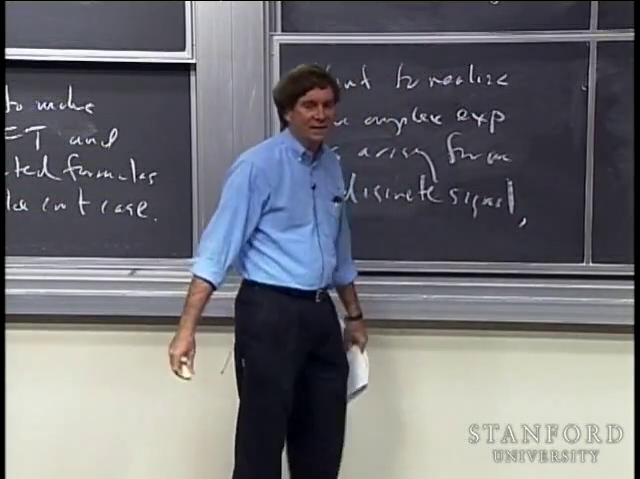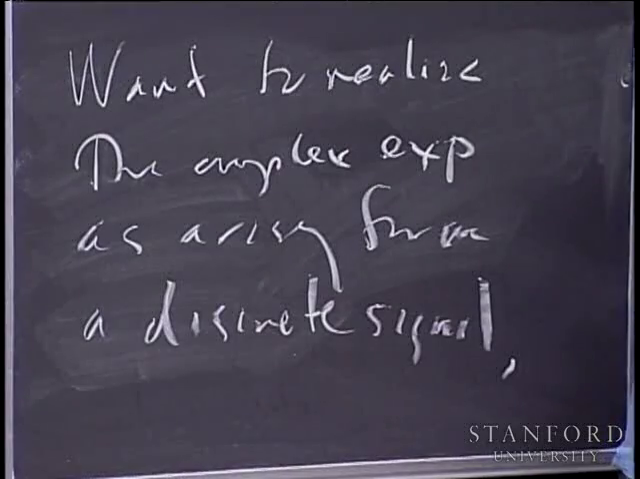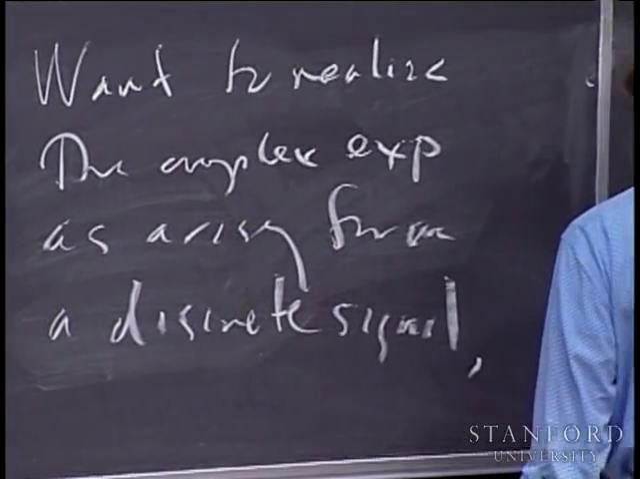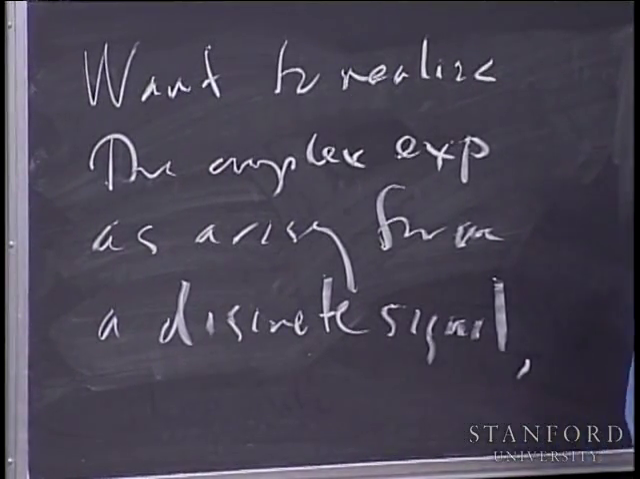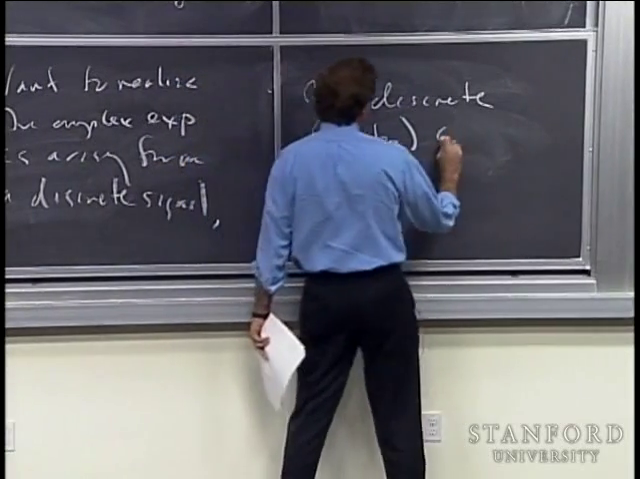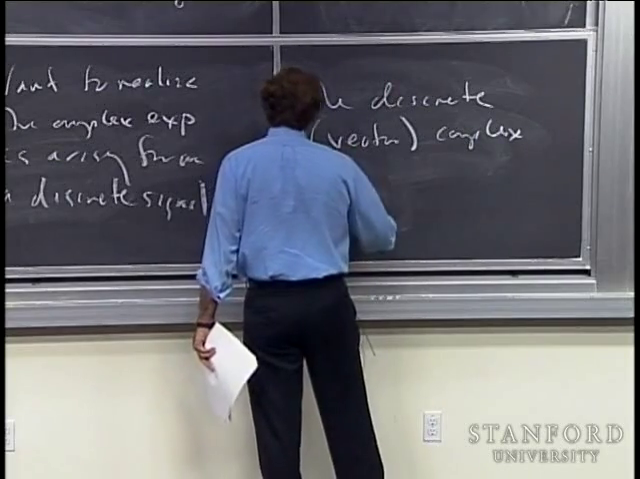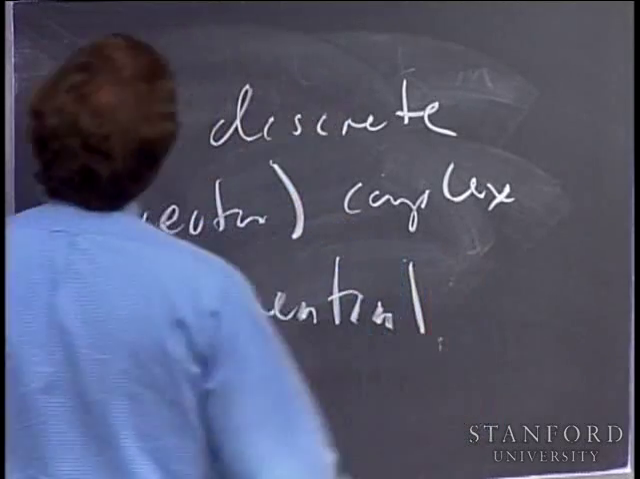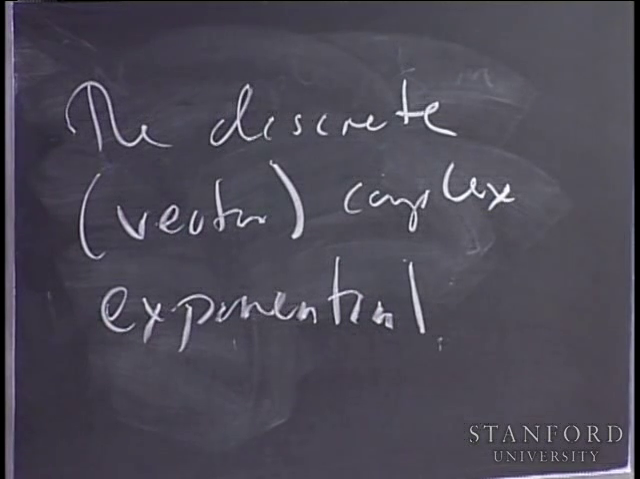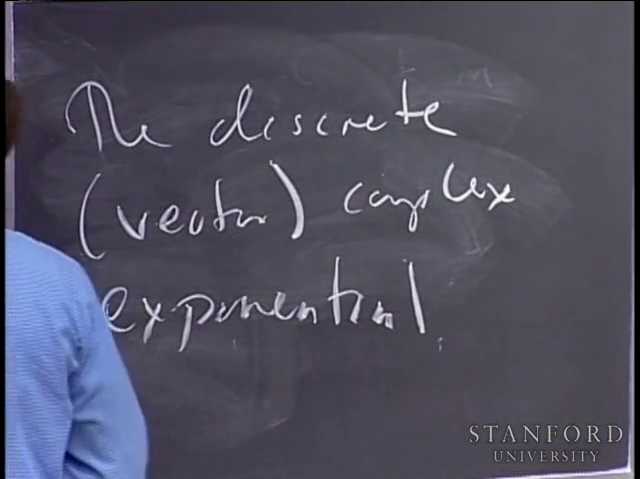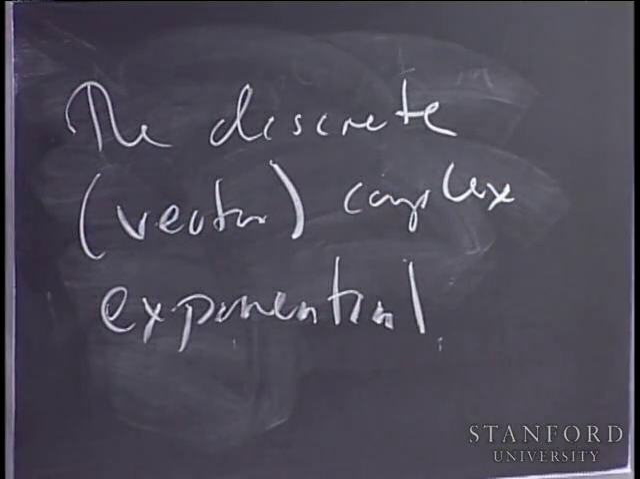The discrete or vector complex exponential. People refer to it as a discrete complex exponential, the vector complex exponential. You pick what you want to call it. So let me give you the definition. I'll leave that board up there, so let me write it over here. I'm going to write omega